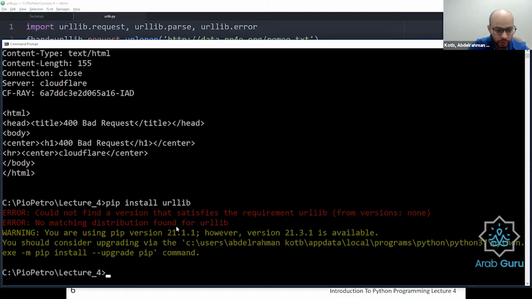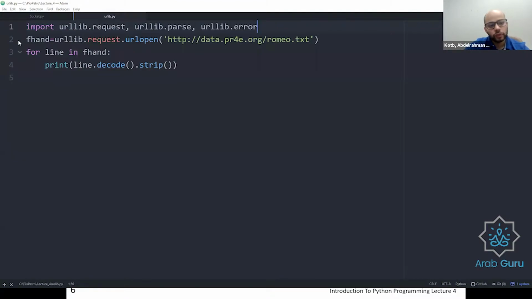Let me do this. Yes. Because I already installed it, it's giving me this error. So I do import. In this case, I will be requesting. I'm going to import parts of the library: urllib.request, urllib.parse, urllib.error,